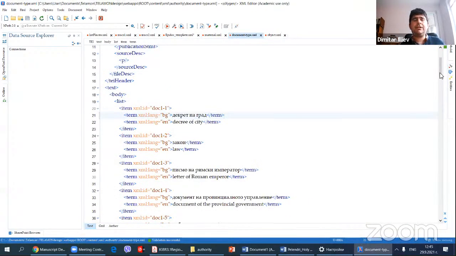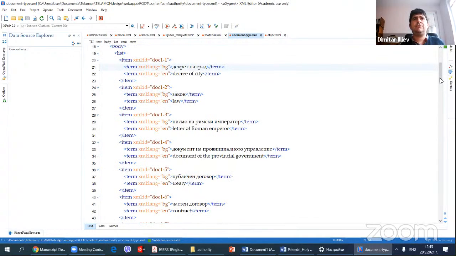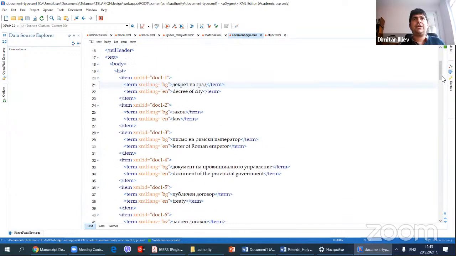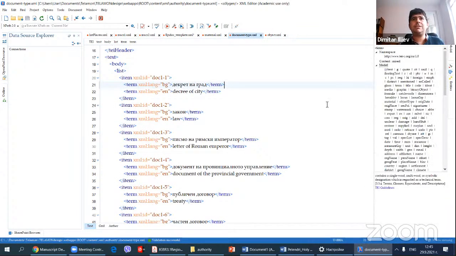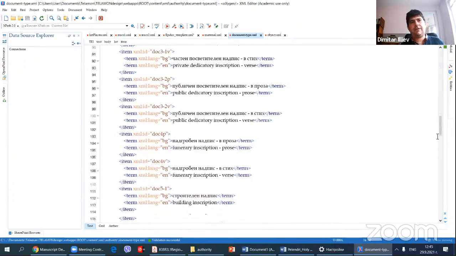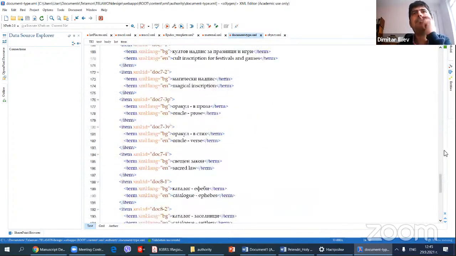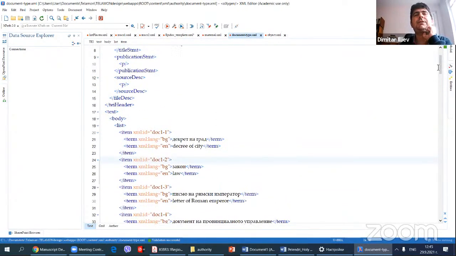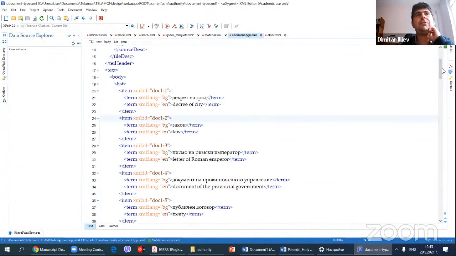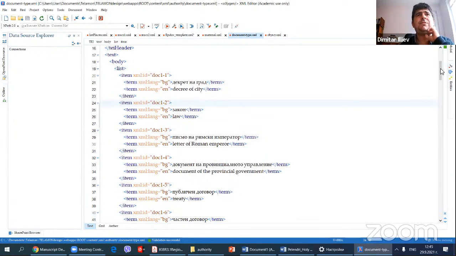This is, by the way, a very good initial exercise: to think about what kind of documents, with respect to their content, your collection contains. And as with the object type, don't worry if you cannot exhaust all of them at once. You can always add to the list of document types later. Here we have a pretty thorough description in our Telamon of types and subtypes of documents, which